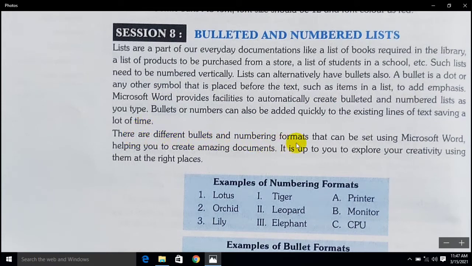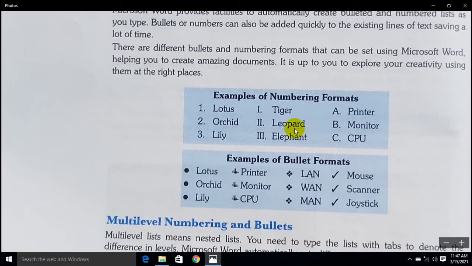There are different bullet and number formattings used in Microsoft Word, helping you to create amazing documents. It is up to you to exercise your creativity using them at the right place.